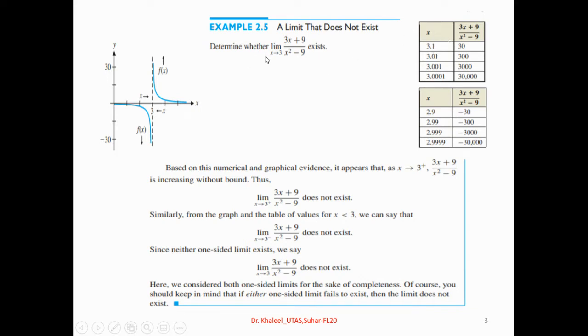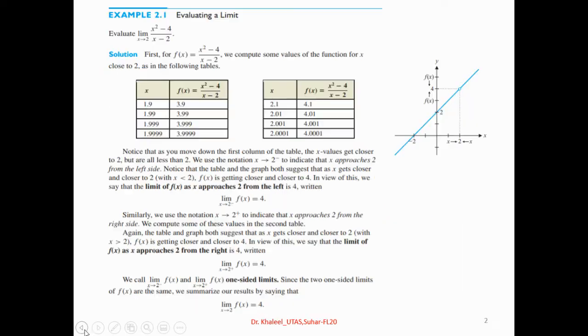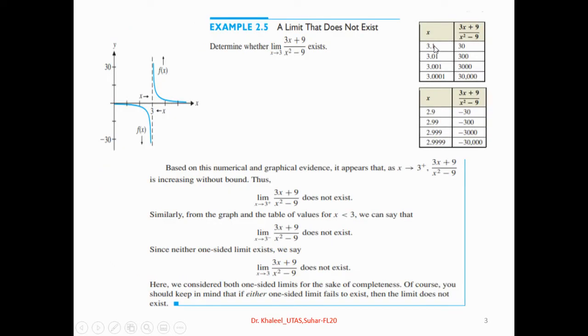For this, the same way we have done here, we prepared two tables close to 2, less than and greater than 2. Exactly in a similar way, we have close to 3 from the right side and from the left side. So you see here the graph, the first graph,